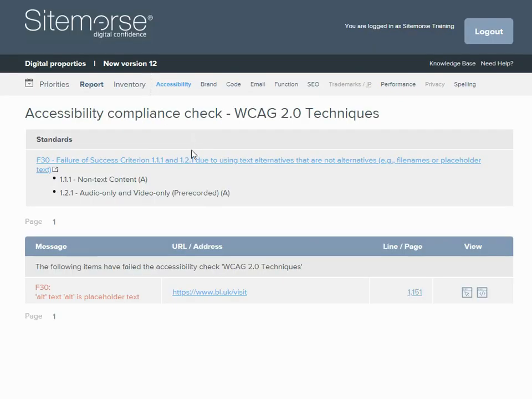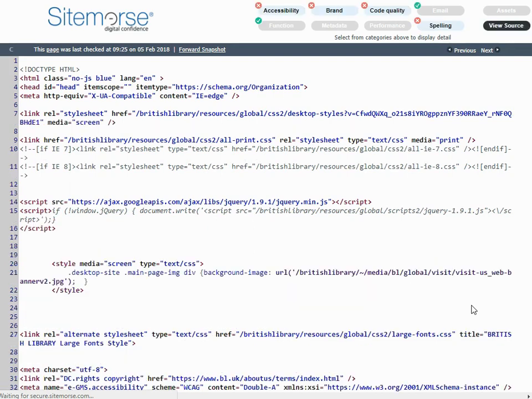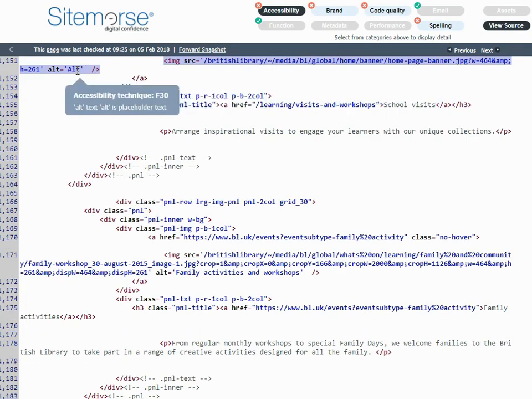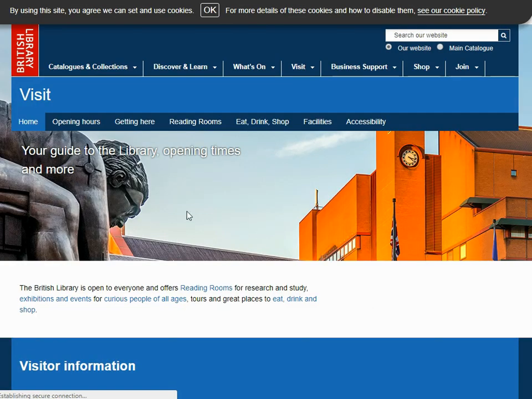Click anywhere on that, show a short description, alt text alt is placeholder text. Click on the line number or snapshot icons to highlight that line, so you've got an image there and it's using placeholder text for this, so that should be a suitable description for this image. So when you're looking at a snapshot at any point, if you just want to look at the live page in question that was assessed, you can always click on this page link and it will show you the live page